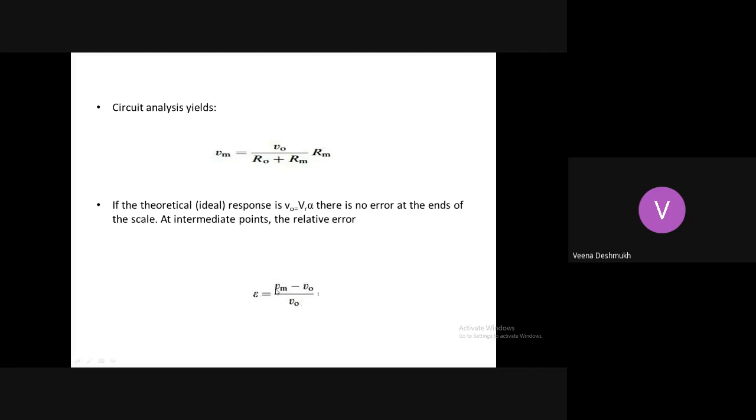So remember this, the difference between the measured value and the actual value, and in some books it is referred to as true value as well. So this gives you the absolute error, and divided by the actual value gives the percentage or the fractional error. If I multiply this fractional error with 100, this gives me percentage error. So understand these three error measurements.